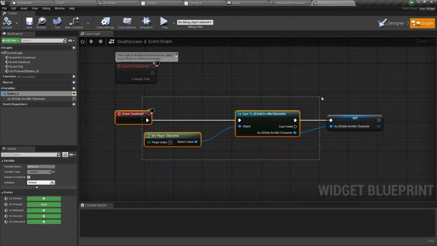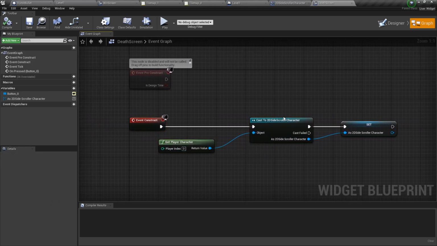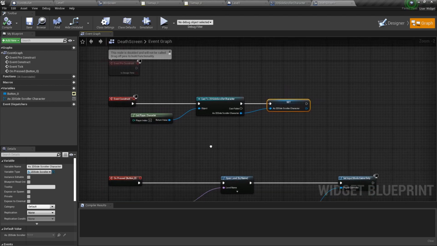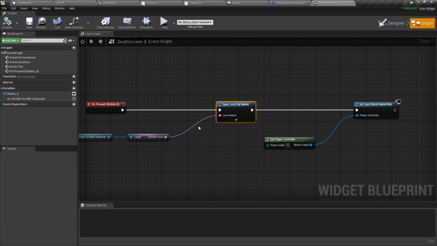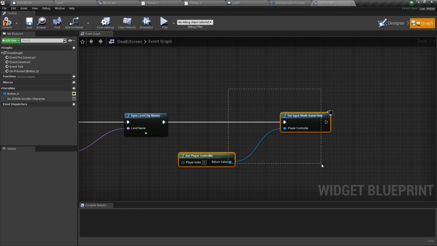And this is where on event construct, which is basically event begin play for the widget, it casts to the player character and creates a variable, basically a reference, so it's easy to reference over here. I just reference that, get the current level, open the level by name. If you do this, you could just type a name in there, but this way it's automatic. The other way I'd have to do it is make a new widget for every level. And I also just set the input mode to